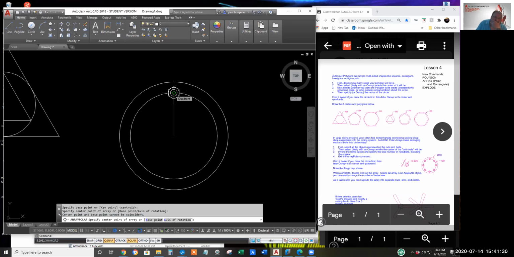What it's asking for now is kind of like the hanging point of the objects. If you're making a Ferris wheel, the base point would be the spot on the Ferris wheel seat that is hung by the Ferris wheel circle.